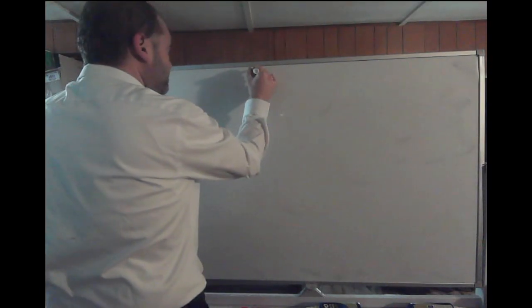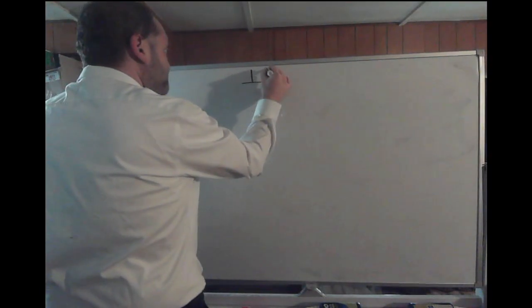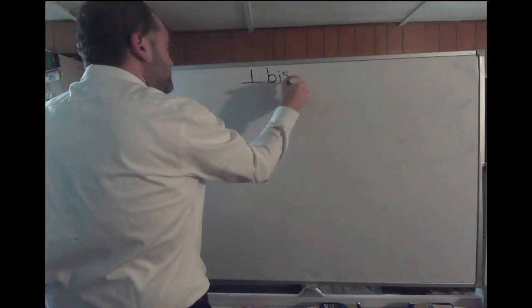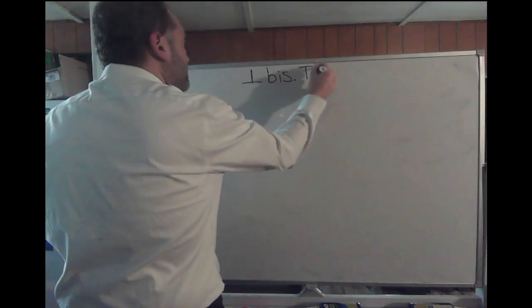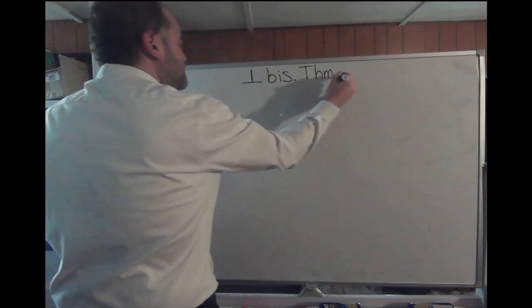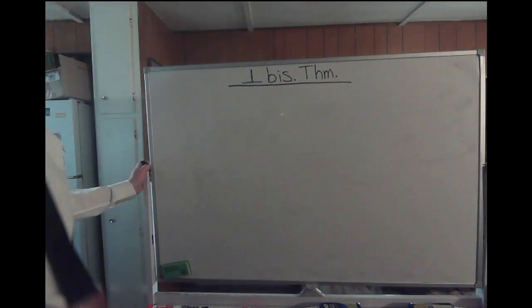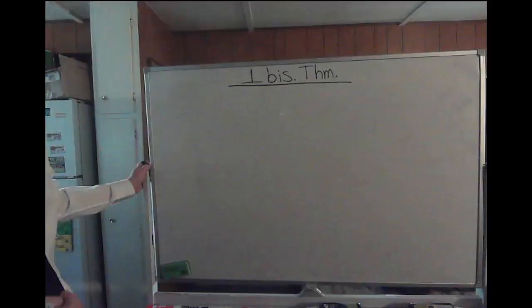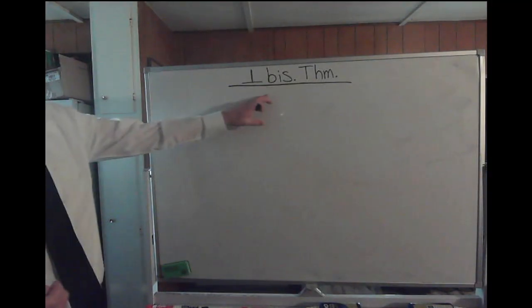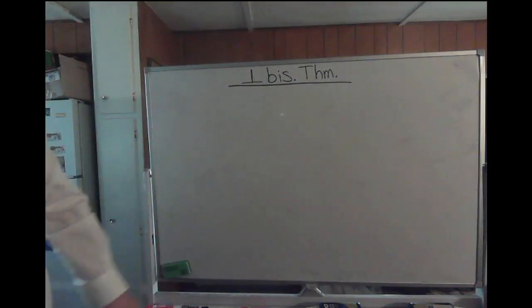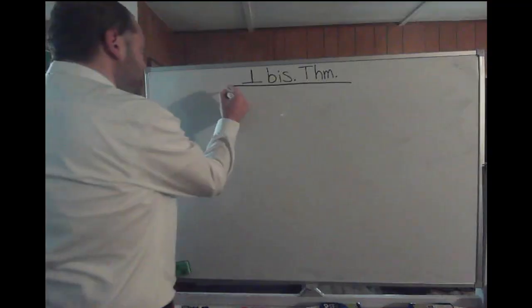So let's talk about, I'm going to call these the perpendicular bisector theorem. The perpendicular bisector theorem. It's going to be a 2-parter, kind of like the isosceles triangle theorem, how there were actually 2 different theorems tied into that. We'll call this the perpendicular bisector theorem. It states that